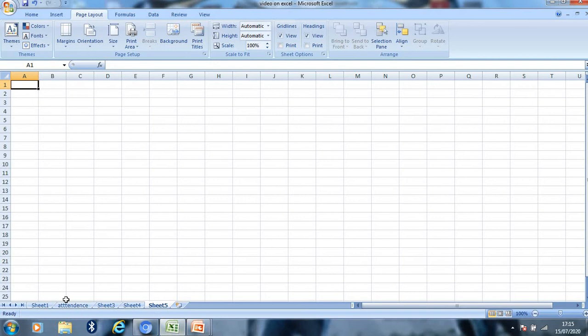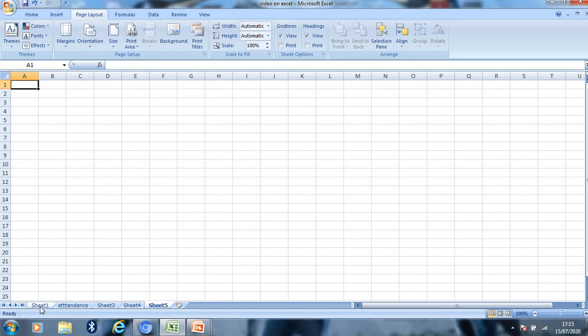Moving and copying a worksheet. How can we move a worksheet? Just click on the sheet tab of the worksheet you want to move. For example, I want to move sheet 1.